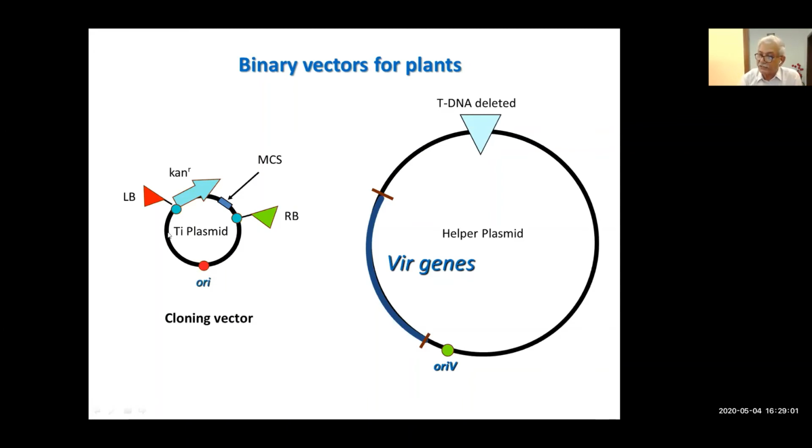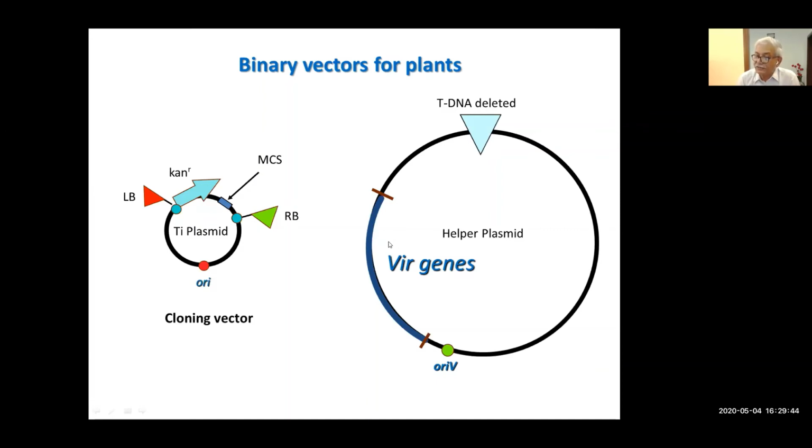So at least 2 antibiotics will be there in the medium for selection of the Agrobacterium, which has got TI plasmid plus the helper plasmid. One antibiotic will be for this selection, the other will be for this selection. Only the cells of bacteria which acquire both of these plasmids, they will grow on that antibiotic medium, that is double antibiotic. Sometimes the Agrobacterium may itself have an antibiotic resistance gene in the genome of that. So, in that case, we need to go for